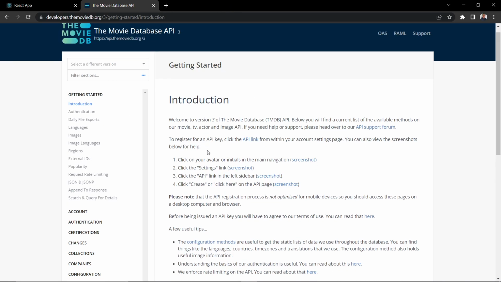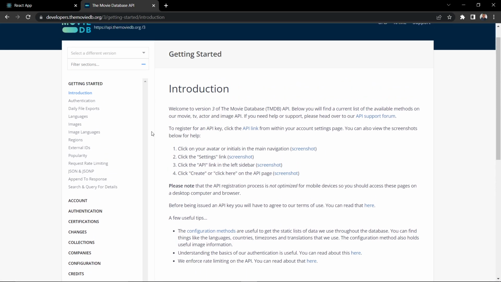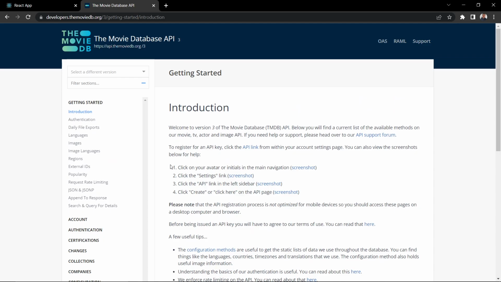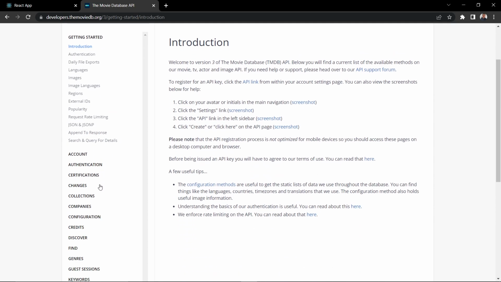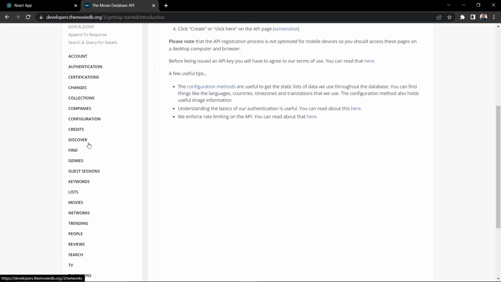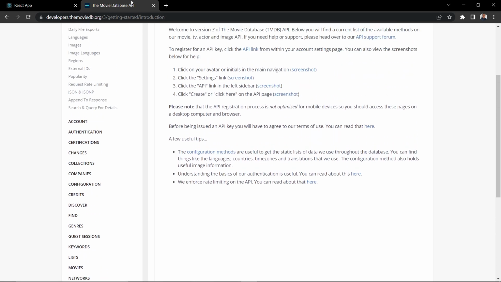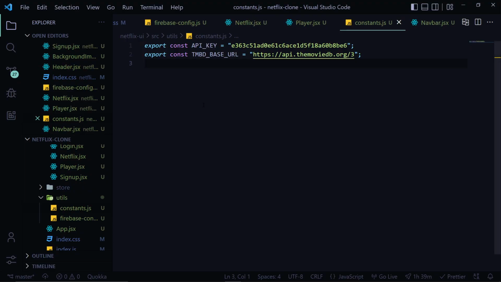So I think we can close this page and the GitHub page. We don't need this page open, but if you want to make any other type of queries, you can search it from here and you can find it and integrate with your application. So we'll close this, and now we'll set up our store, which is the Redux store,